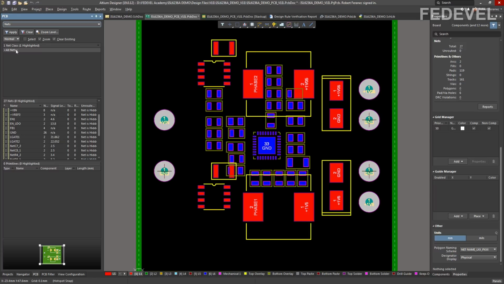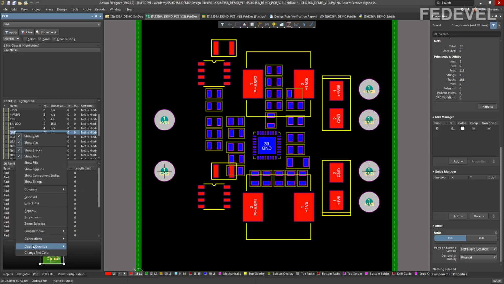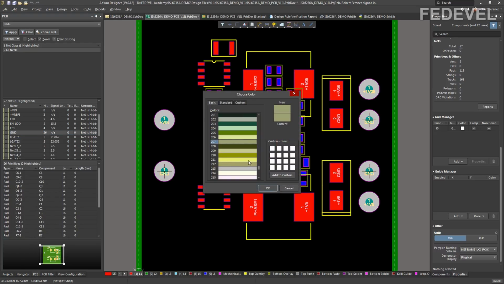Left click on all nets, and in this list find the ground net. Here it is. Hover the cursor over the ground net, right click, change net color, find our, I don't know, blue color. You can use any color you like.